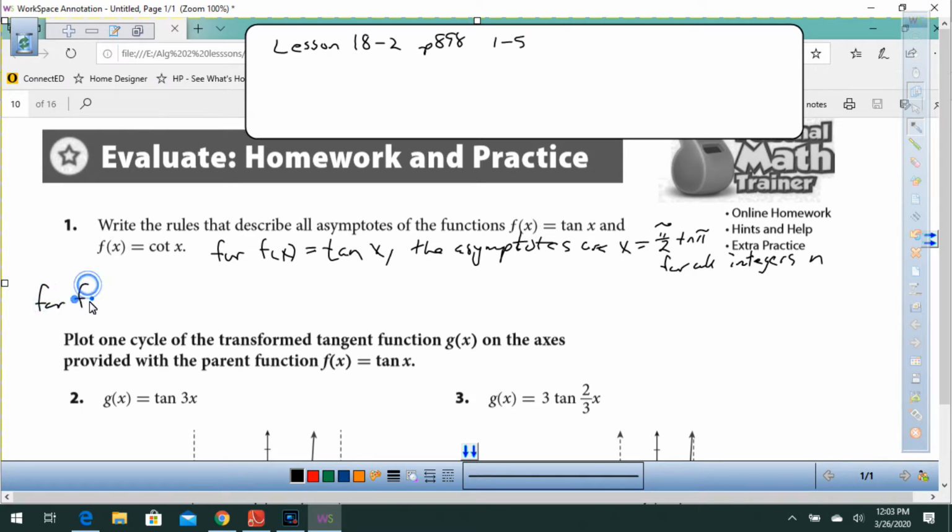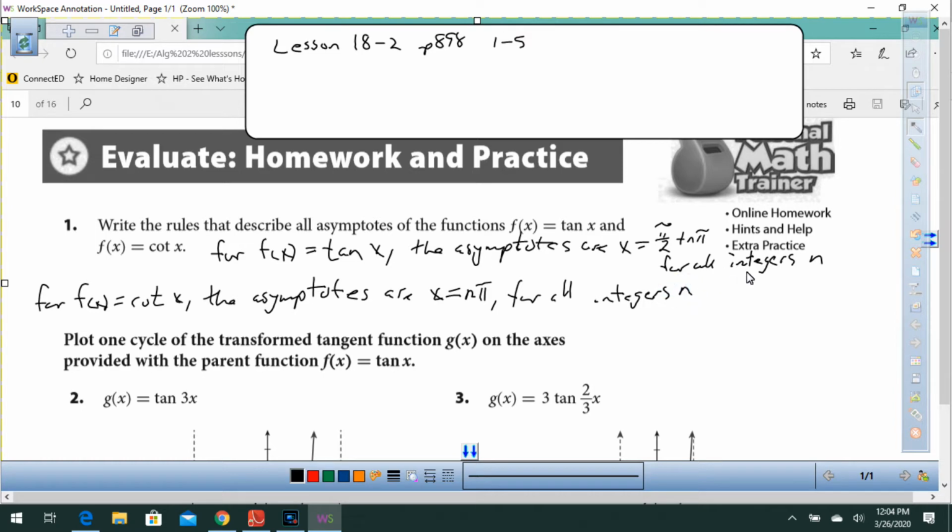For f of x equals cotangent x, the asymptotes are x equals n pi for all integers